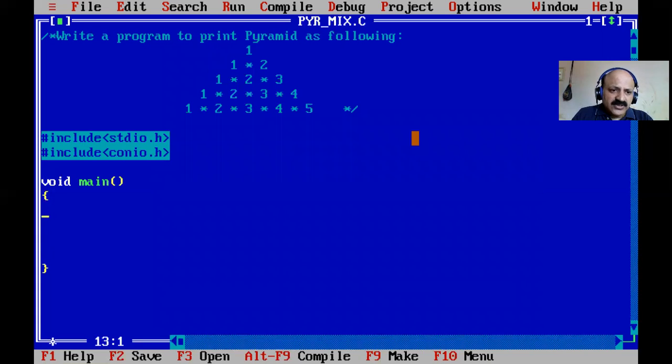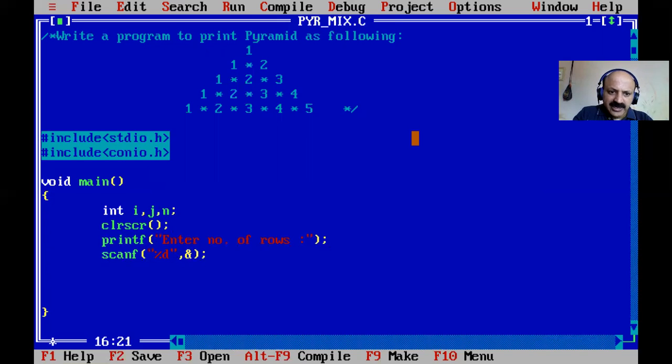So here first we take i, j and n, the number of rows. Clear the screen, and first take the number of rows from the user side: enter number of rows, and scanf with %d and ampersand n.